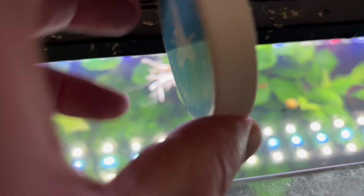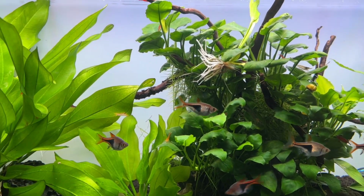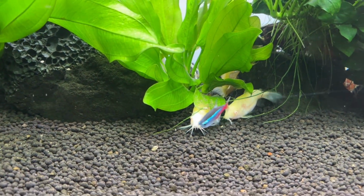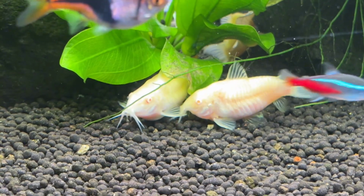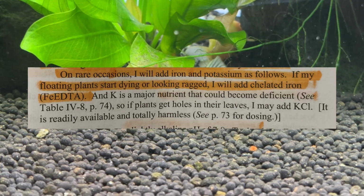Next up, I want to talk about adding potassium, as this is an essential nutrient for plant health, and a lot of people use the Walstad method in a filterless setup, so the health of your plants is critical. As I mentioned earlier, Diana Walstad mentions in her book that potassium can sometimes be tricky to maintain naturally in a Walstad method tank. And on top of that, she actually mentions a supplementation of both potassium and iron with